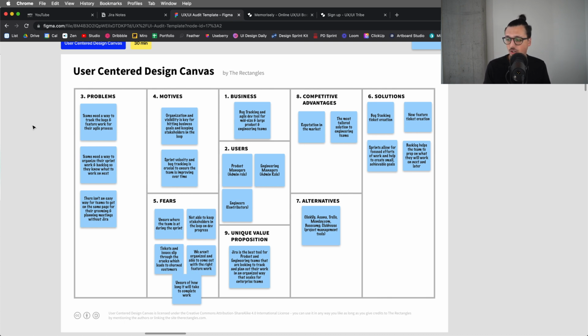And then we aren't organized and able to come out with the right feature work. That's very possible, that could be blamed on many things, but Jira can still help with that. And then unsure of how long it will take to complete the work. So that's where Jira comes into play with story pointing. And I think there's an easier way to do that than Jira does today. Six,